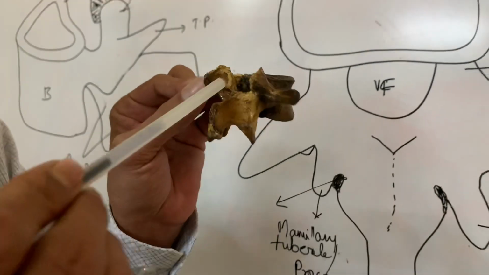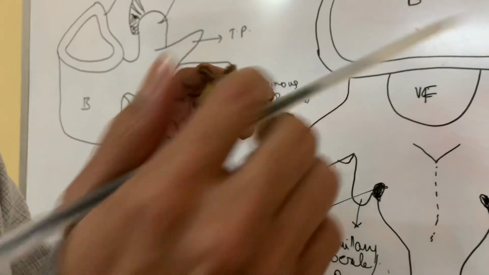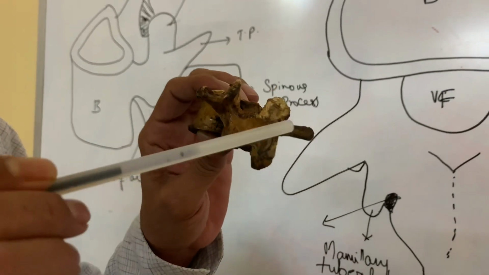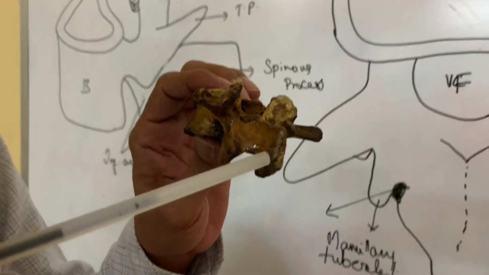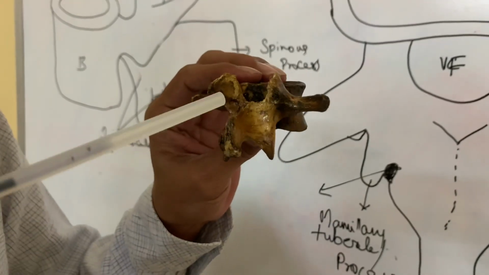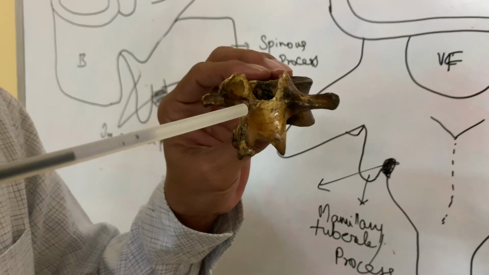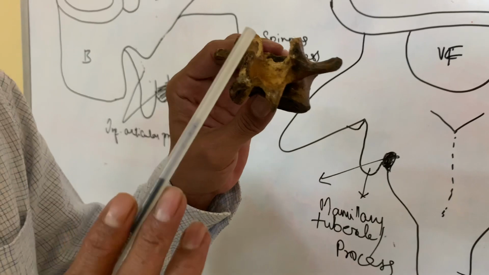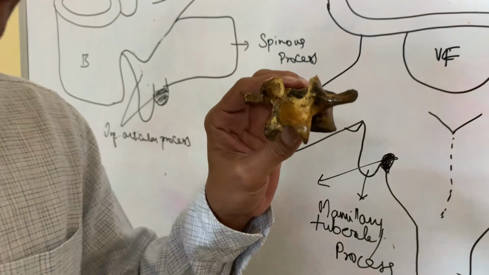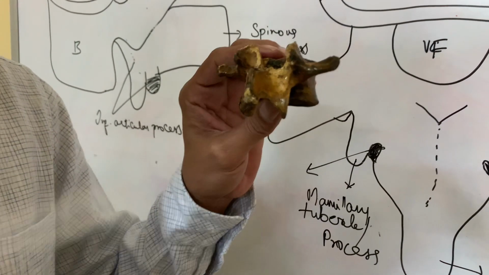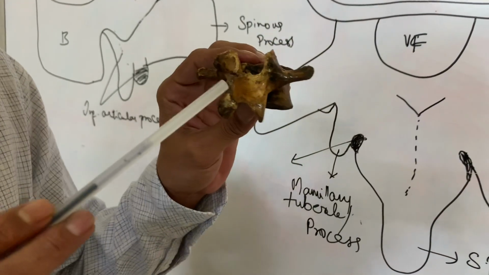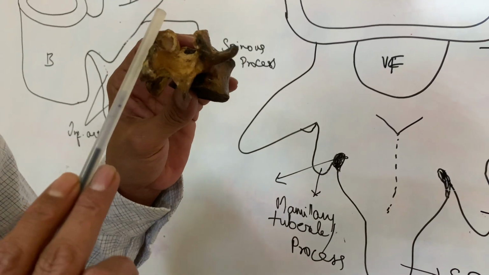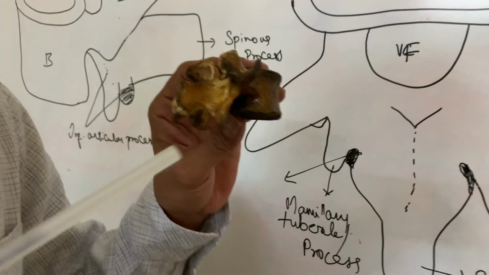Now coming to the spinous process, unlike in the other vertebrae, the cervical and thoracic, here it is quadrangular in shape. To the spinous process, the supraspinous and interspinous ligaments are attached, and to the tip of the spine, the posterior lamella of thoracolumbar fascia is attached. The posterior lamella of thoracolumbar fascia extends from the tip of the spine of the lumbar vertebra.